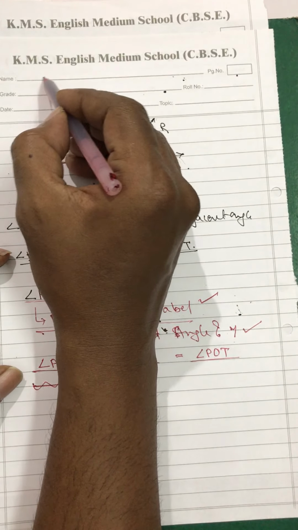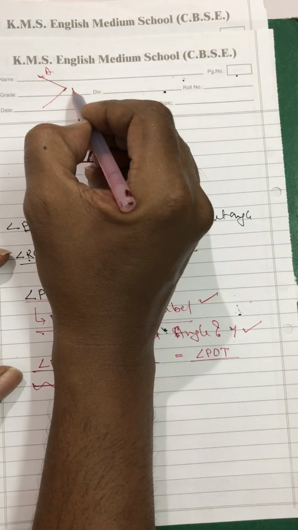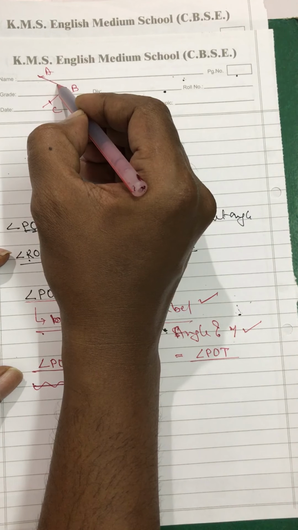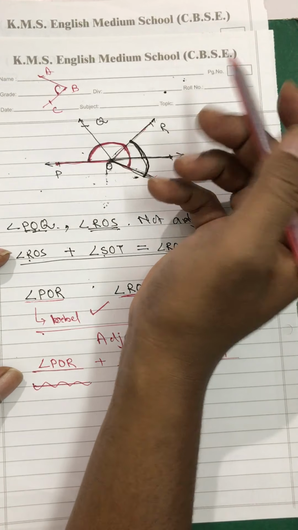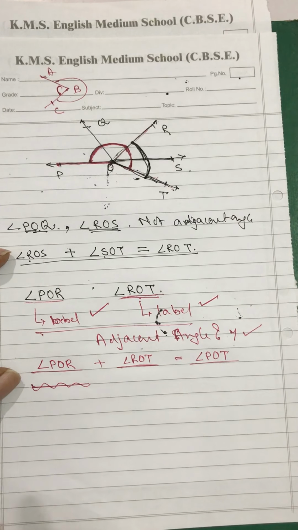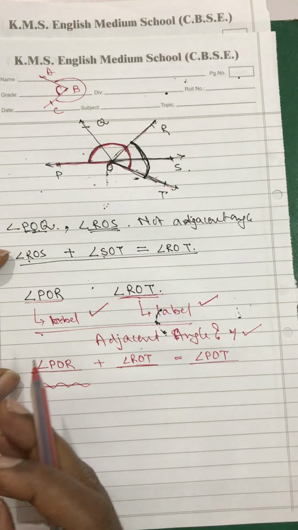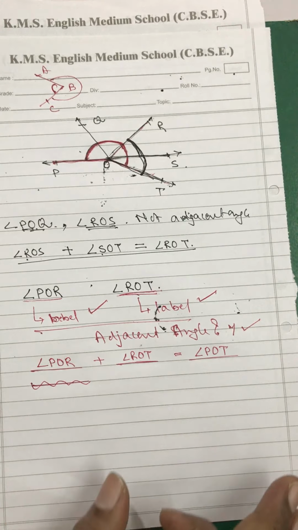See, usually what happens when we label angle A, B, C, this is basically the angle ABC. And what is the reflex of this angle? If you travel from here, this is the reflex angle. The other side, if you go to measure, then that is called the reflex angle. So like this it is, my dear students. I hope you all are getting this. Adjacent angles. This is how adjacent angles are understood.